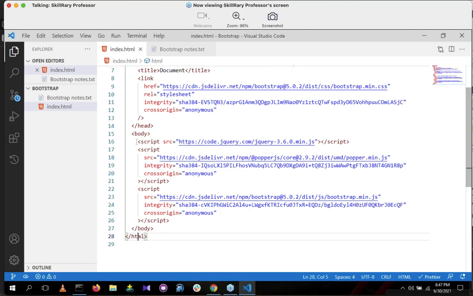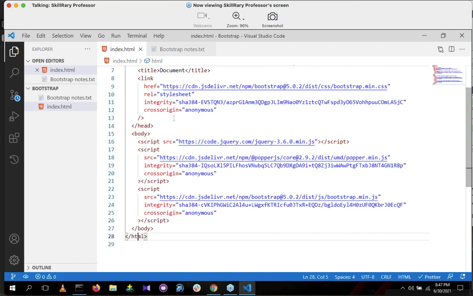Sir, in Bootstrap 5, they have removed jQuery. Yeah, in Bootstrap 5, they have removed the jQuery. They included JavaScript. Sir, we have to include always. Why we should link, sir? Sir, add steps in notes. Sure. Sir, every time we use the same thing to start Bootstrap. Yeah, this is mandatory.